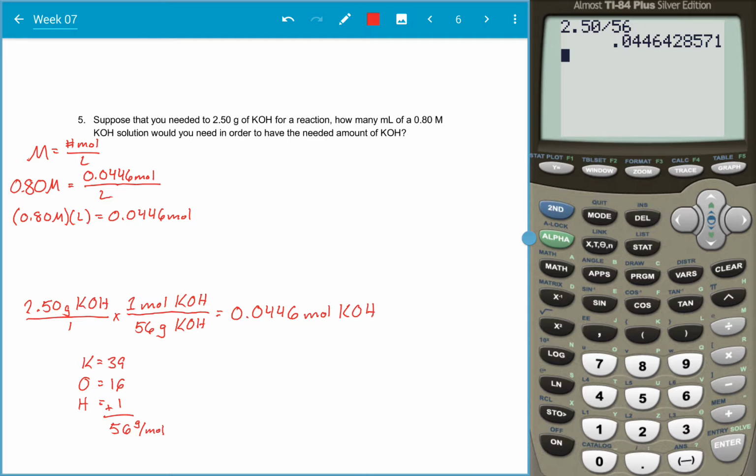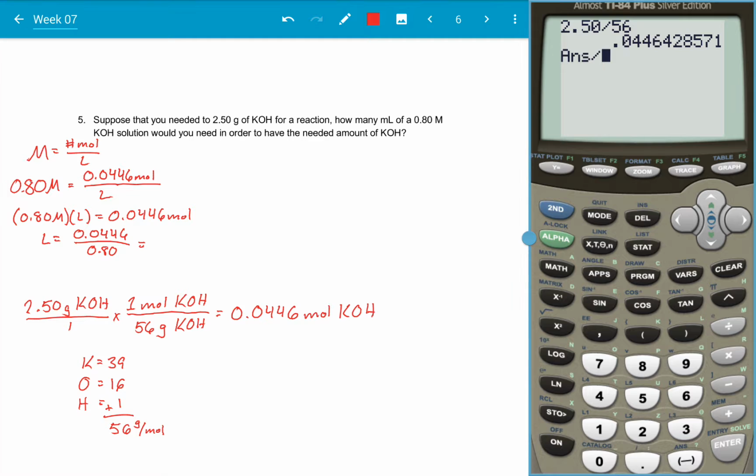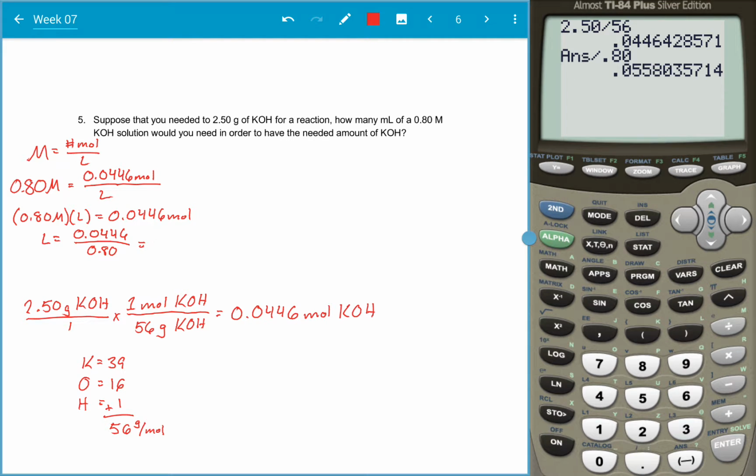And now I can get liters by itself by dividing both sides by 0.80. And divided by 0.80, I end up with